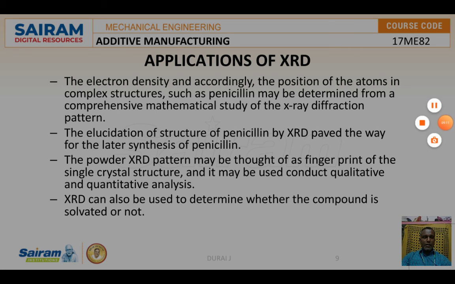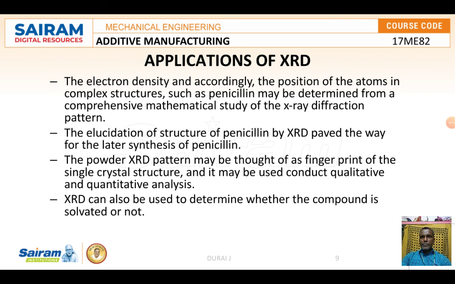Then comes the limitations. Homogeneous, single phase material is best for identification of an unknown. Peak overlay may occur, and there are issues for high angle reflections. For mixed materials, the detection limit is about 2% of the sample. These are the limitations of XRD.